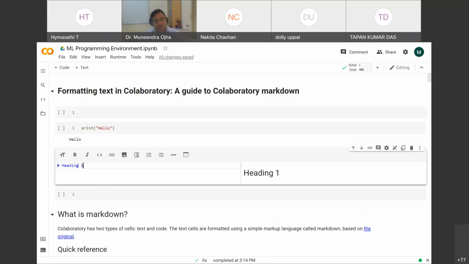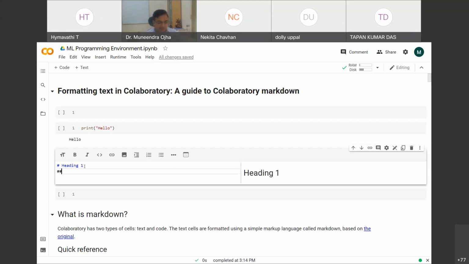So when I write this, you see I have two different small windows. In the left window, I write something and I see what I'm writing. And in the right window, it's displaying the rendering effect, how this will actually look like. So in the left hand side, I have my code written. So I have hash heading one, which means that I'm going to create a heading one with text heading one.